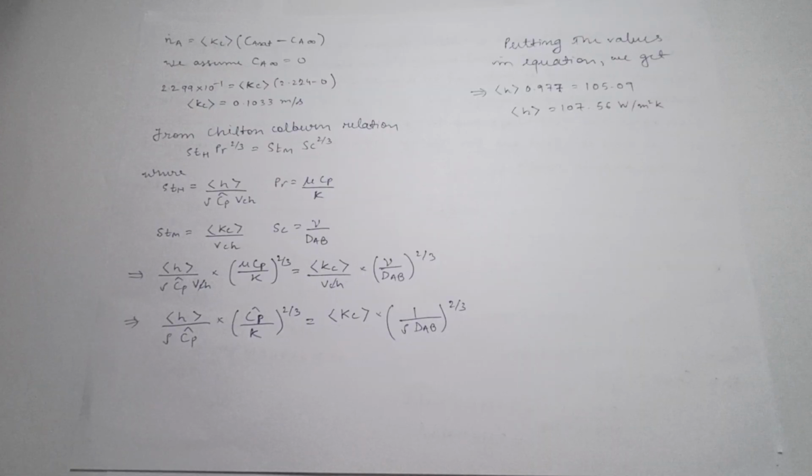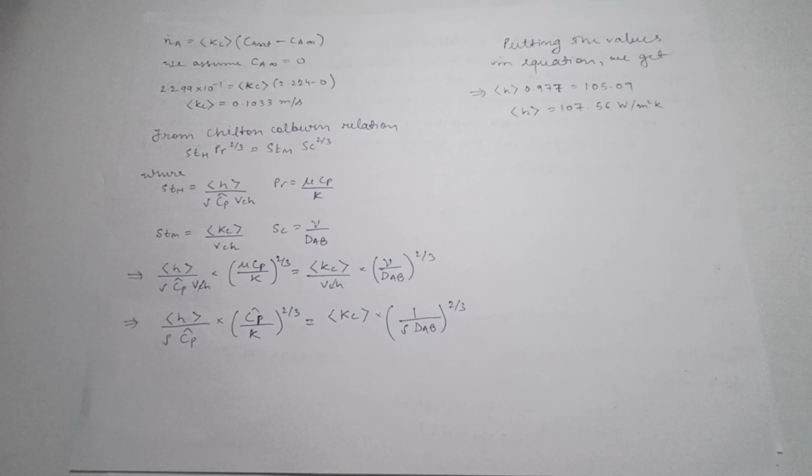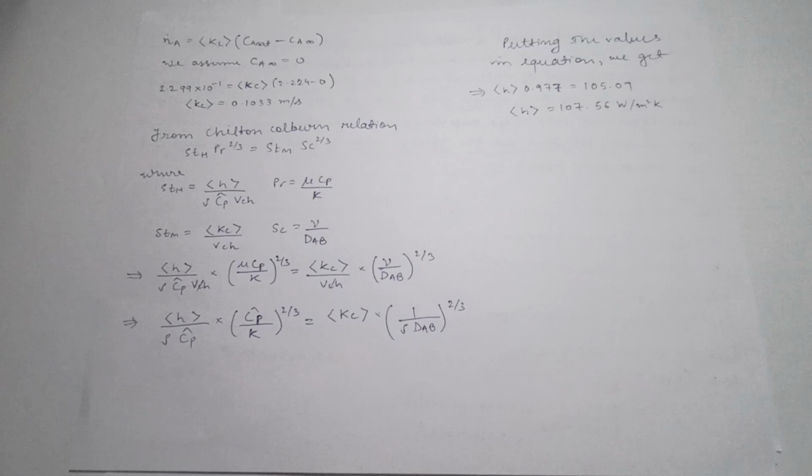Now we know from the Sartory equation, the mass flux is the average mass transfer coefficient into Ca saturation minus Ca infinity. We assume Ca infinity as 0. Now we will substitute our values of mass flux which was given, that is 2.299 into 10 to the power minus 1. We converted kilomole into mole, so that is why 10 to the power minus 1 is equal to mass transfer coefficient into 2.224 minus 0. So the average mass transfer coefficient came out to be